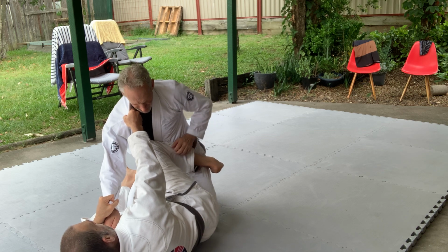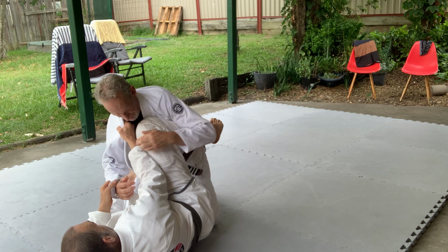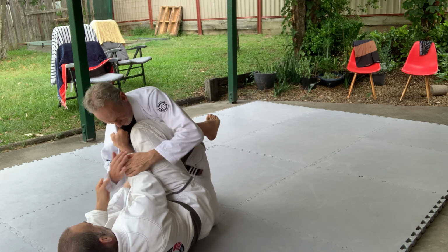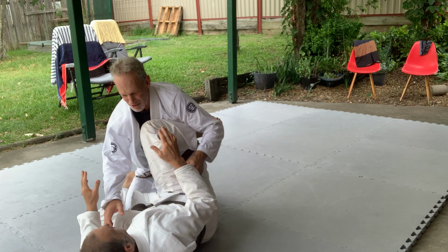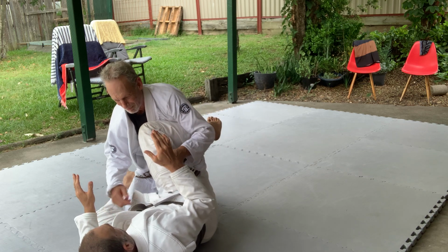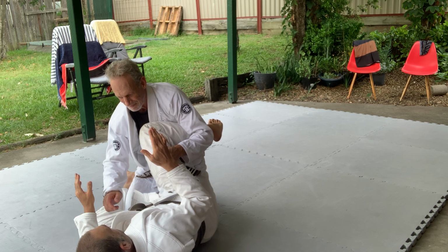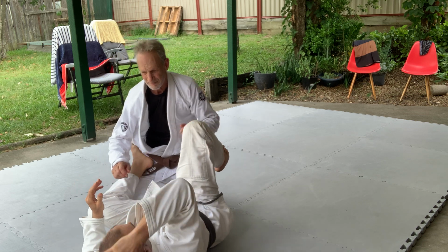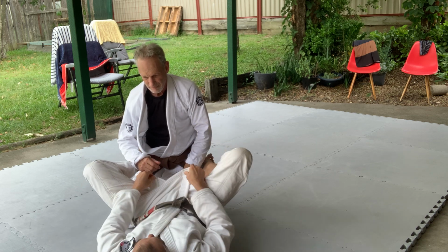What's the difference? This one I frame that over. Forget about all your arms and legs. I'm working a higher lever than the lower one. So what I want you to think about when it comes to sweeping, because I think at its absolute core,